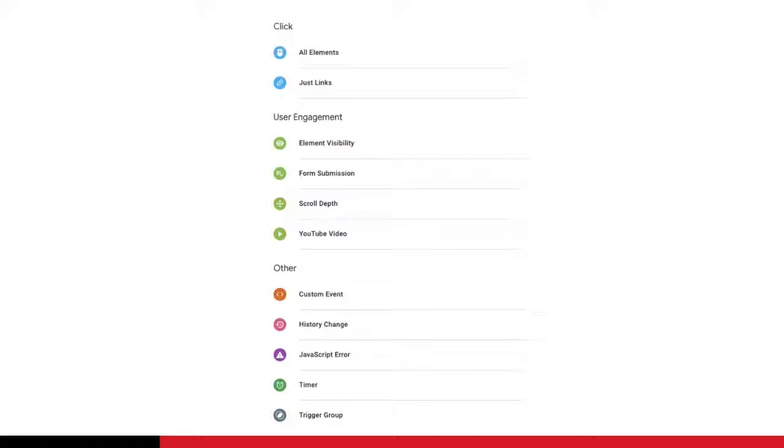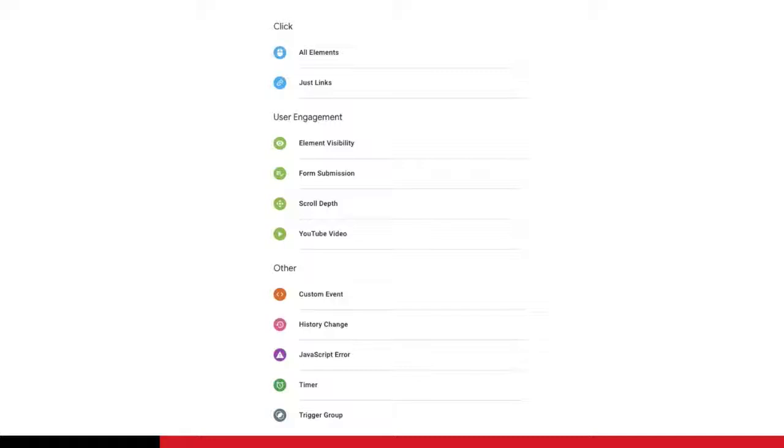So this means that if you want to track clicks on links, always try the just links trigger first, because that's the most robust way to track link clicks. Also because it lets you do things like halt the page to wait for all the tags to complete before the redirect happens. But there are situations where the just links trigger won't work with certain types of links, and we'll talk about those later in the video, in which case you might need to use the all elements trigger